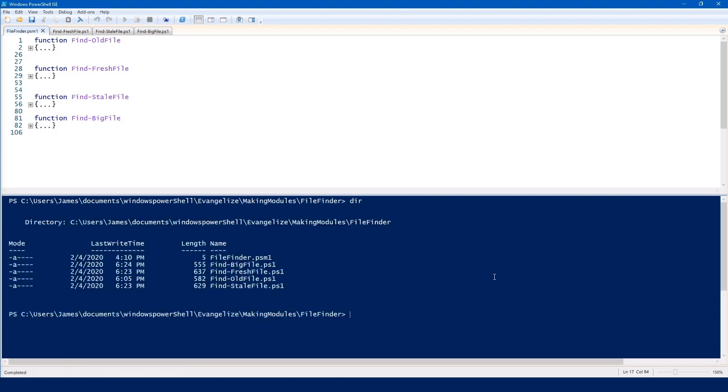Right now, I have this PSM1 for File Finder. This is a really simple module that I've just thrown together to demonstrate some of the concepts here. Imagine you needed to find old, fresh, big, and stale files. I can just have any number of different functions declared in one script, and I can import module FileFinder.psm1